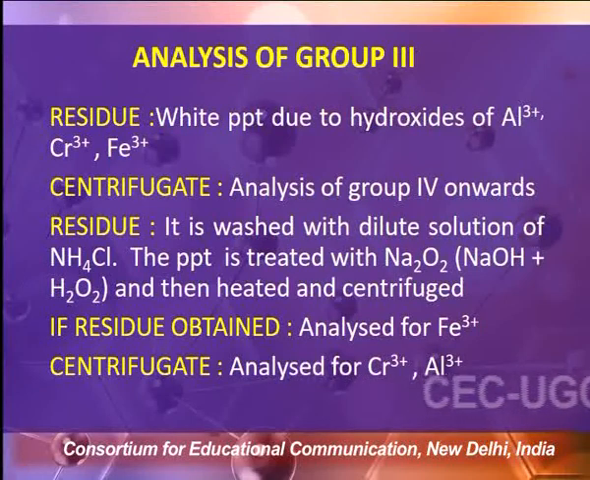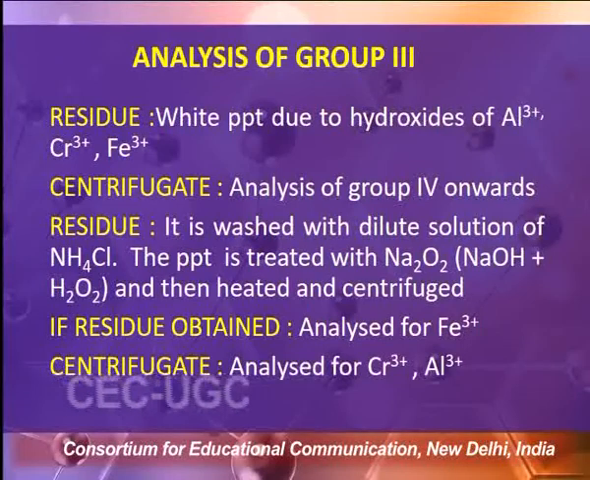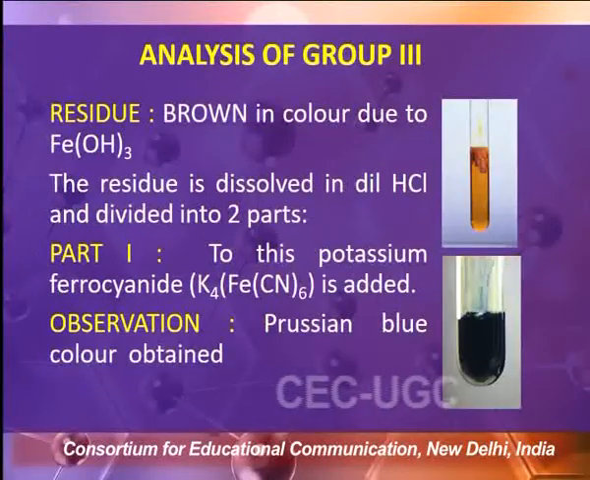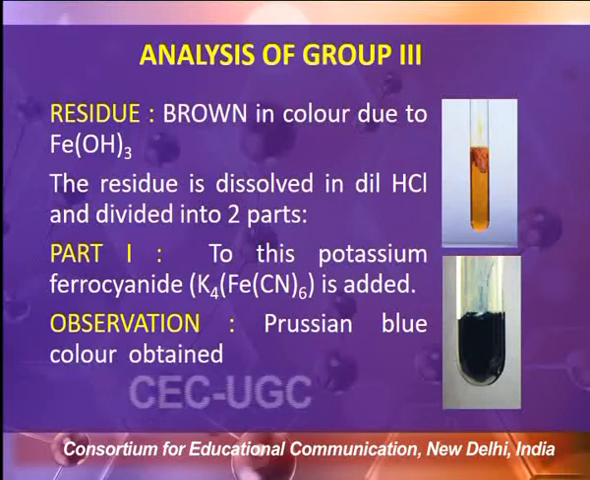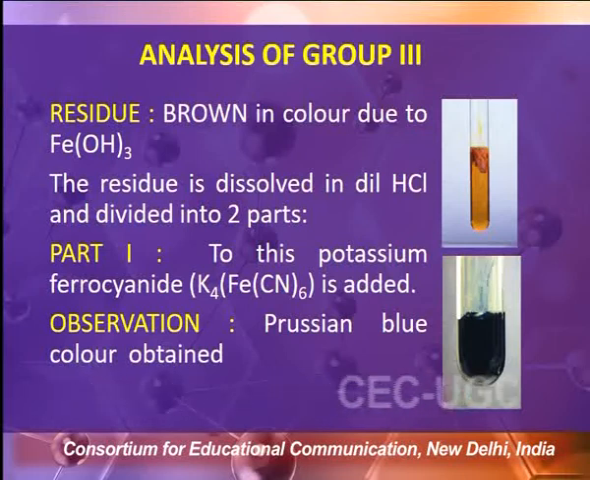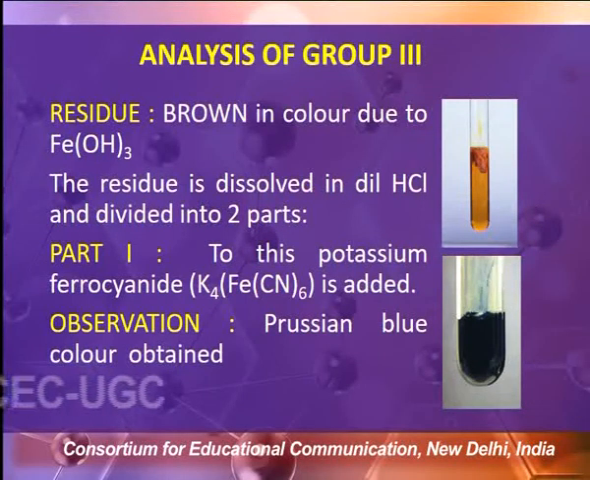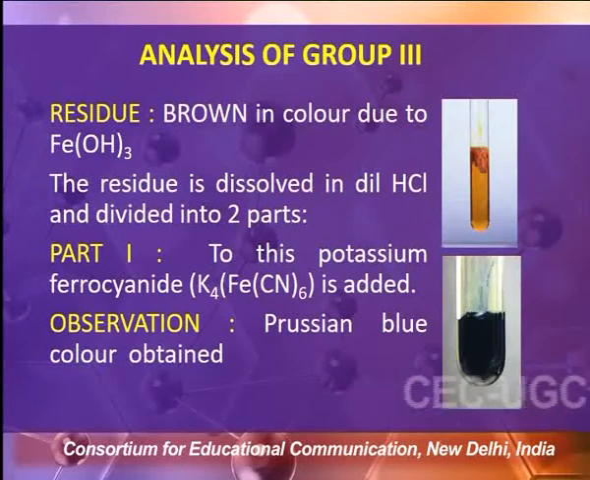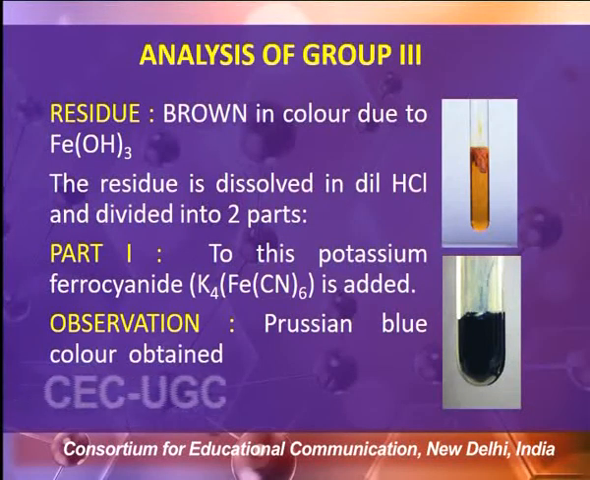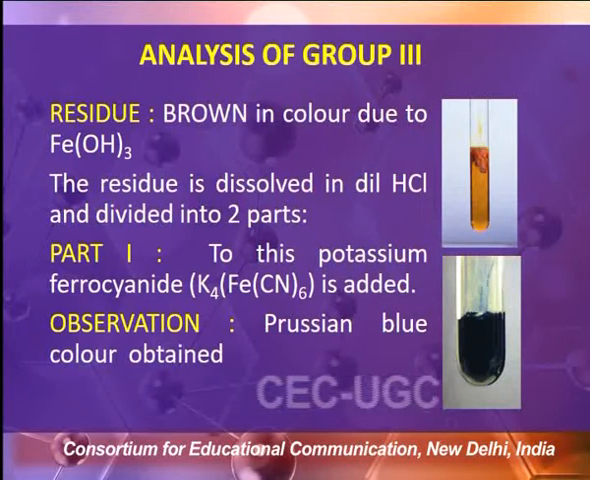In the centrifugate, we analyze the presence of chromium and aluminium ions. Coming to the residue part, which will be reddish brown in color due to the presence of ferric hydroxide, since iron or ferric ions have reacted with ammonia solution to precipitate out as ferric hydroxide. The adjoining figure shows us the color of the precipitates obtained, which is ferric hydroxide. The residue is then dissolved in dilute HCl